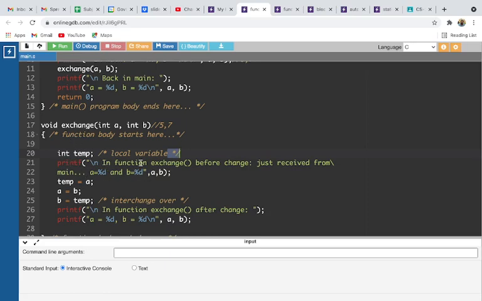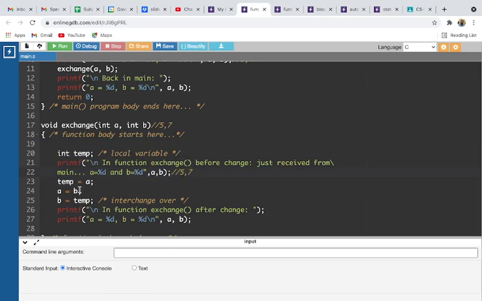Now we are printing with printf in function, before exchange. This backslash is used to denote that the next line also belongs to this printf line. So we are printing a and b: a equal to and b equal to. So a is 5 and b is 7, and these values will be printed here.